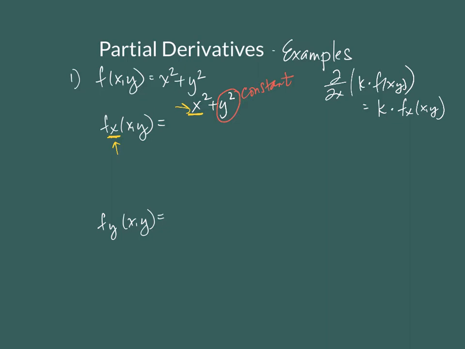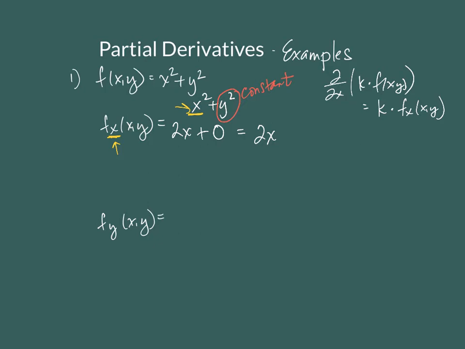So the derivative of x squared is 2x, plus, using the sum and difference rule, the derivative of y squared. But if we're treating y squared as a constant, the derivative of a constant by itself, it has no x variable in it, therefore it doesn't vary with respect to x, therefore it has no rate of change with respect to x, and therefore its derivative is 0. And this partial derivative with respect to x is 2x.